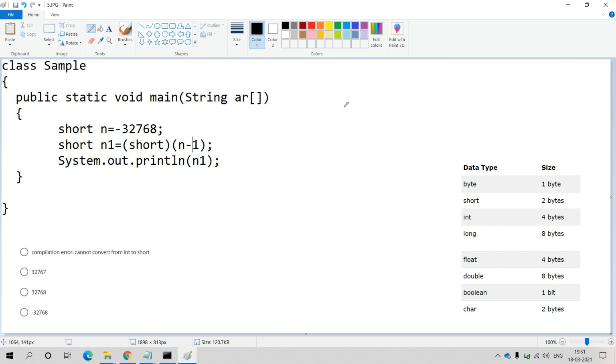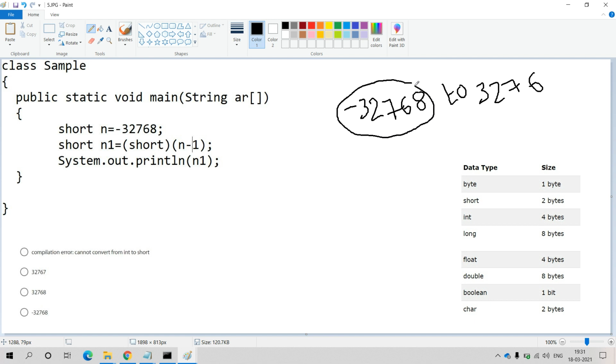It can hold the numbers from minus 32768 up to 32767. Here within n we are trying to hold minus 32768. It is the highest value in the negative representation of the short. Okay, there is no problem, we can hold it.